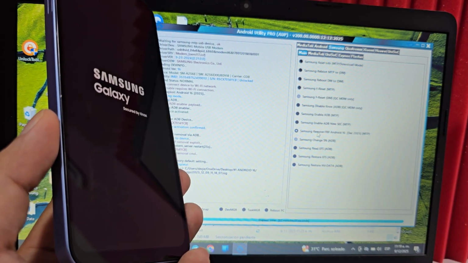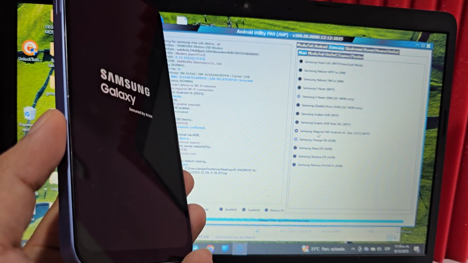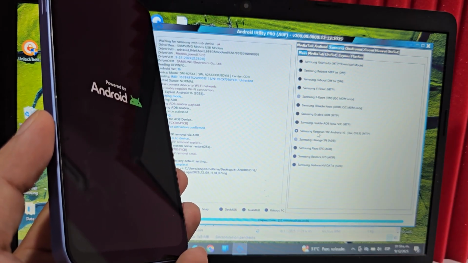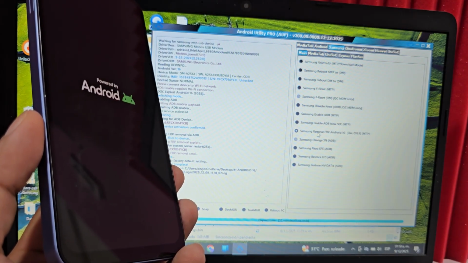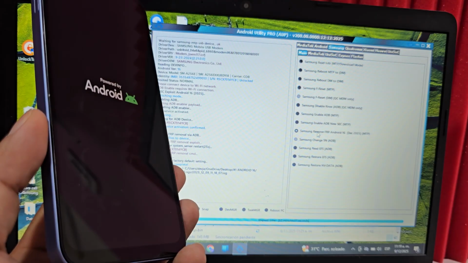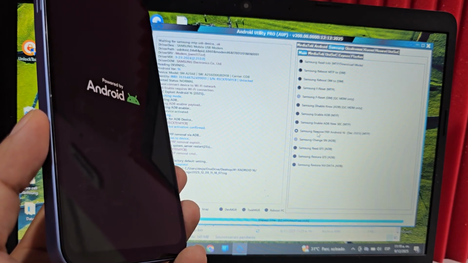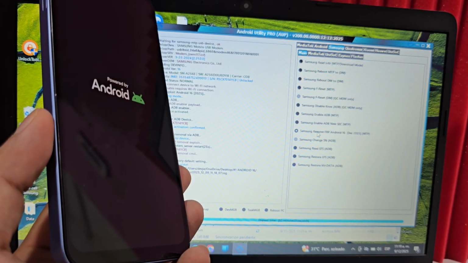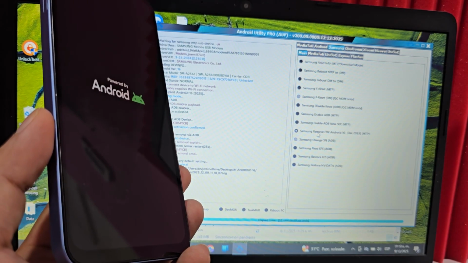Already a device with errors. So that's the best thing we can do. Watch it to the end so I can show you how to recover and fix this, and the deletion of the account from this device. As we told you, there is also the other method. Number 2 is in the video description, which is completely different. It is with another tool that also allows us, in the latest updates, to recover our device in an easy and fast way,